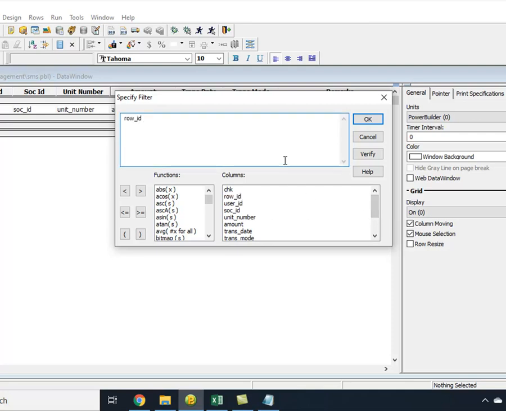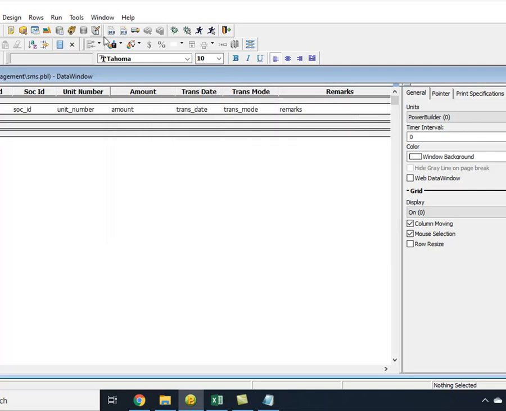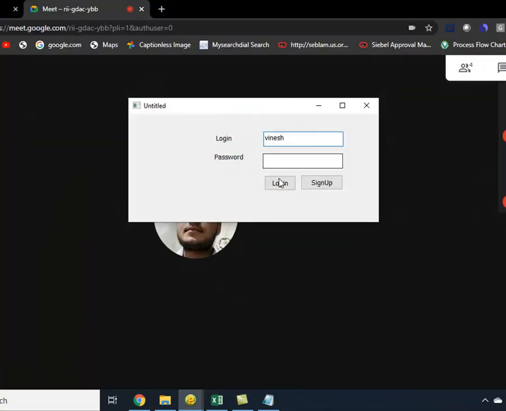Or row ID, let's say row ID equal to, let's say you put 1. You know what it means? Or let's say you are putting row ID greater than 2. So what it means is, verify the filter is okay, save it, run it, right?